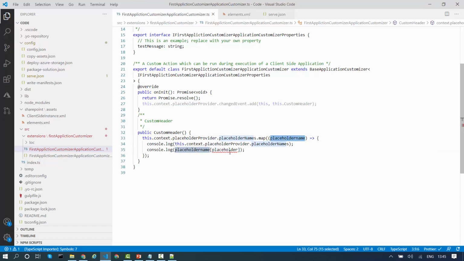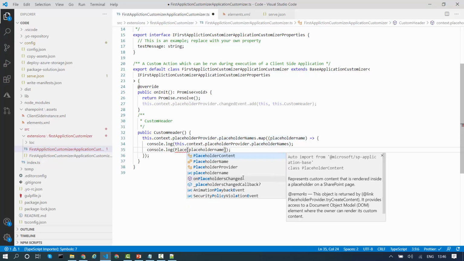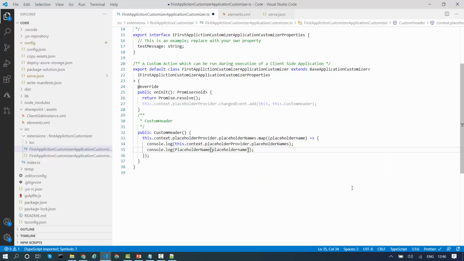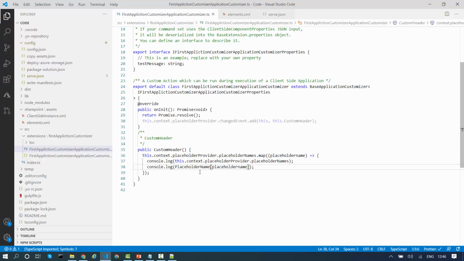The documentation says it is the identifier for a content placeholder, which is a region on the page where a third-party extensibility component can render custom content. So this is my format, and it will give me the name of the placeholder.